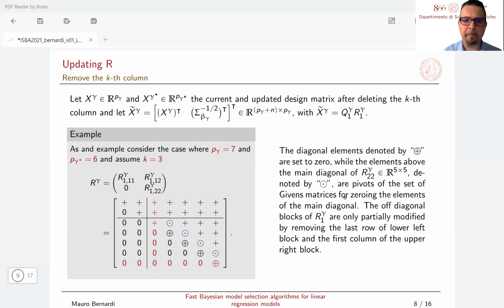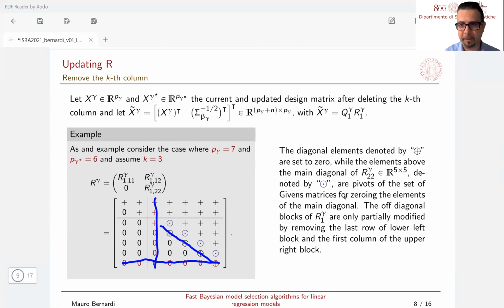You can see from the Wilkinson diagram, in the example when P is equal to 7 and we want to remove the third column, that removing the third column requires the deletion of the third column of the original R1 matrix, the deletion of the last row, and moreover, we need to zero all the elements along the main diagonal